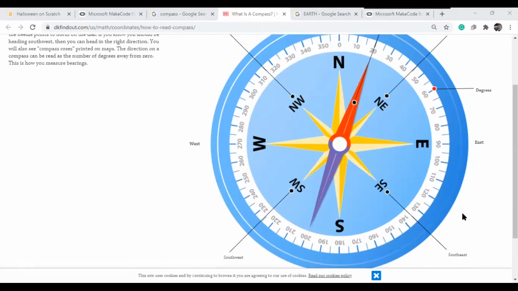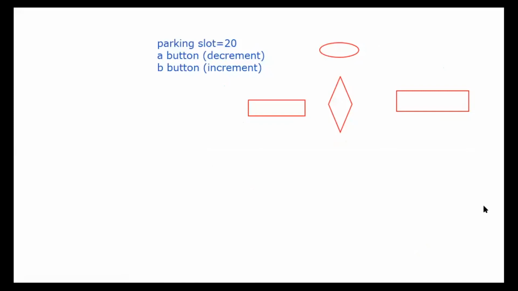Suppose this is our compass. What I'm doing here is making this into 4 parts. One is here, another one is here. So our parts are like this.